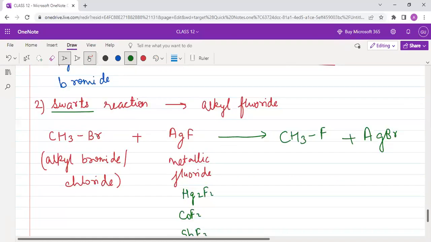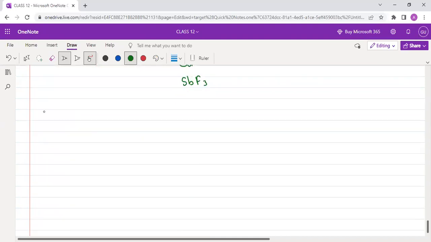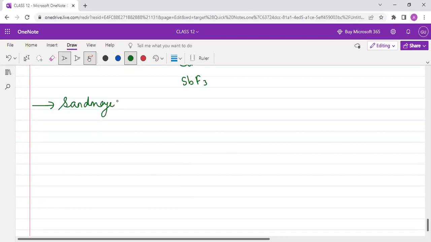Next is your Sandmeyer's reaction. Do you remember that? It is to synthesize aryl halides from aryl diazonium salts, benzene diazonium salts. So what do we take in this reaction? We usually take